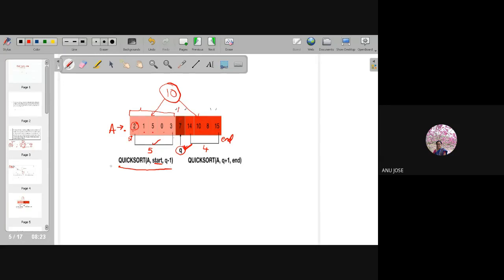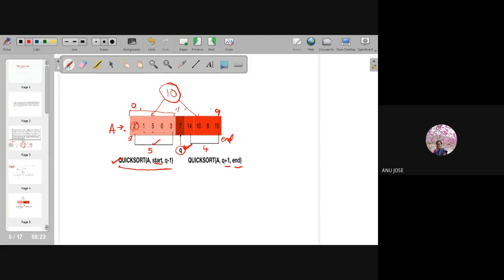So again I have to apply quicksort over there. Similarly, I have to do quicksort on the other side, starting from Q plus 1 till end. So start and end are index values. In this case, it is 0 to 9.